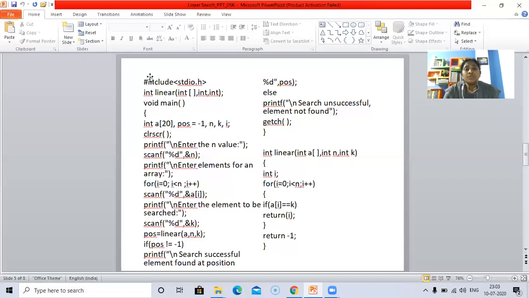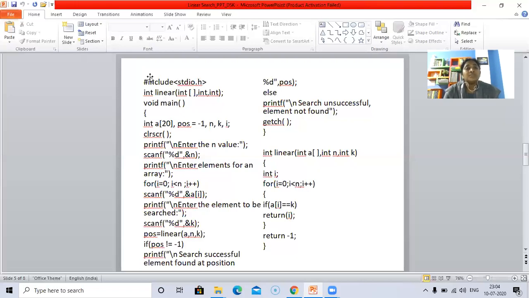So the concept of linear search is that we will compare each and every element from the beginning of the list with the key element. If the element is found, which means if the element in the list is equal to the key element, when it is matched, we will return the index value, return i. So this repeats till the end of the list. If the key element isn't matched with the elements in the array, then we will return -1. So the control will be returned back to the main function,